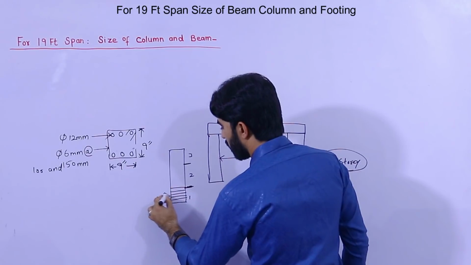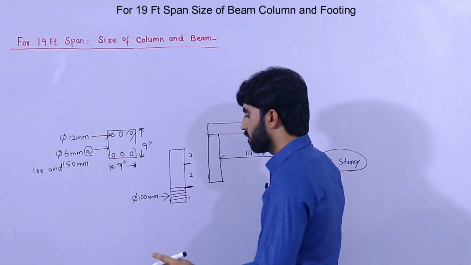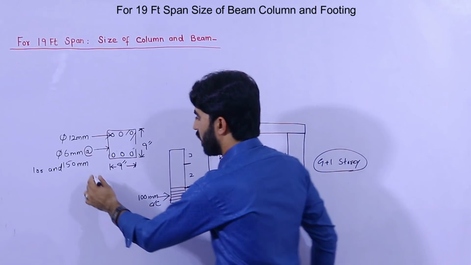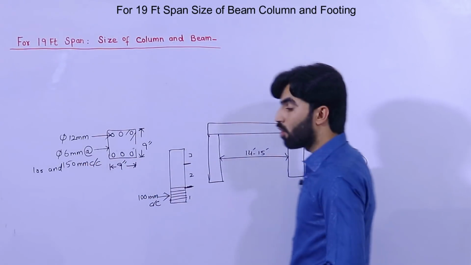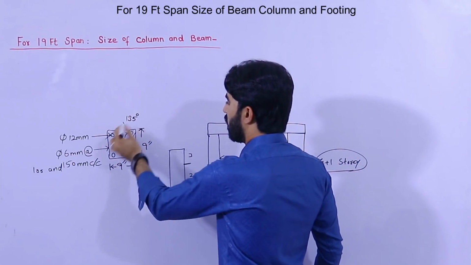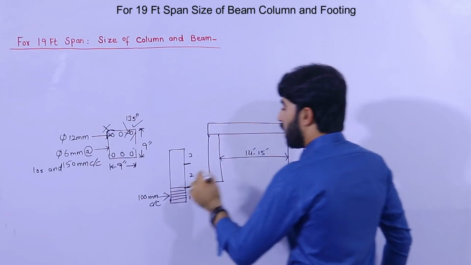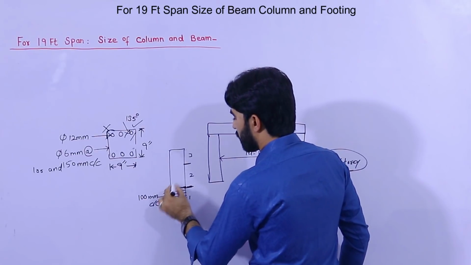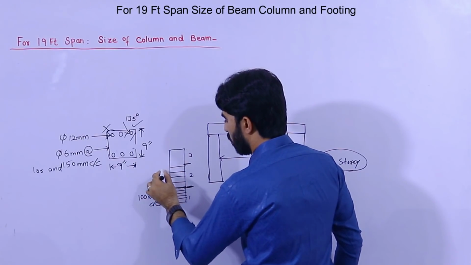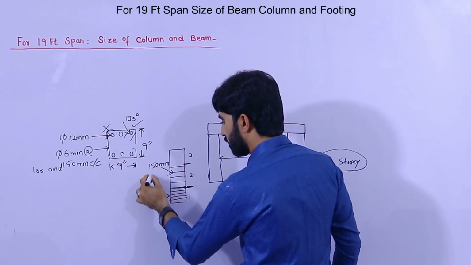In this case, 100 mm, 100 mm center to center, you can see like this for lateral ties. And the hooks should be bent at 135 degrees, not at 90 degrees. This is okay, right? After L by 3 distance, you can increase the lateral tie spacing, which should be 150 mm in this place,